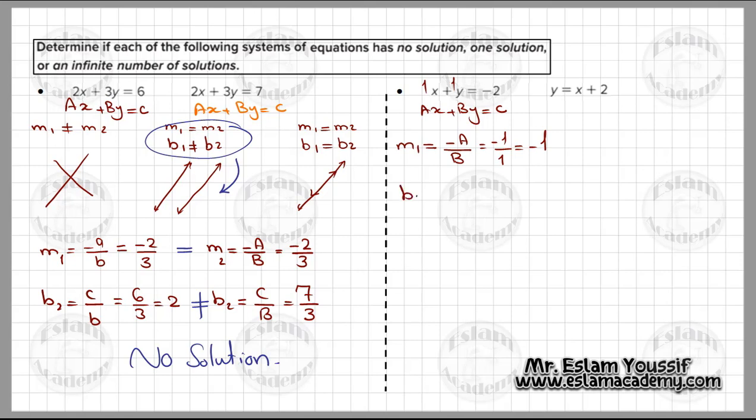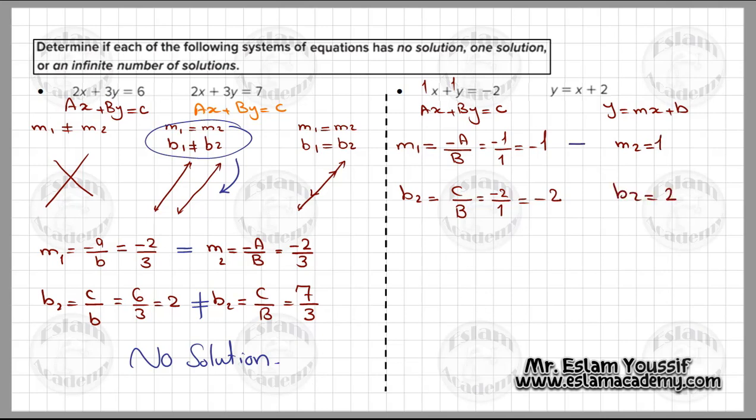We need to find the y-intercept. The y-intercept is equal to c over b. c is equal to negative 2 and b is equal to 1, so it will be negative 2 over 1, which equals negative 2. But the second equation is written as y equals mx plus b. Now you will find that the second slope is equal to 1 and the y-intercept is equal to